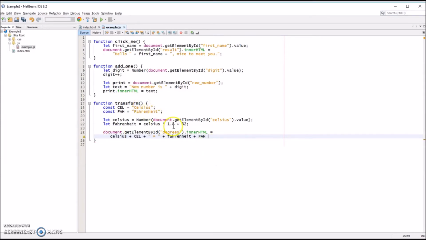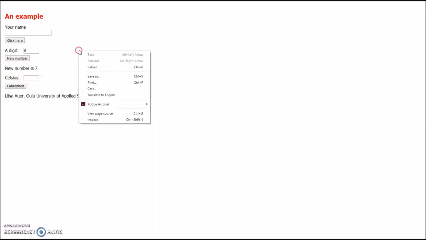So at first I want to print the Celsius degrees, which I have read from the user interface, then this text Celsius, then equal to Fahrenheit degrees, which I have calculated here, and then this Fahrenheit text. And let's see how this looks.